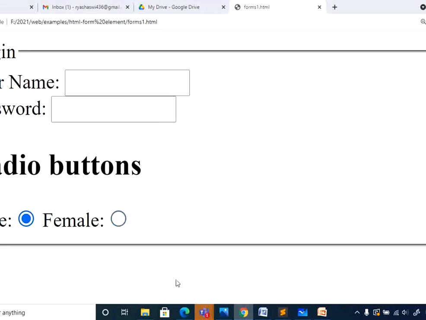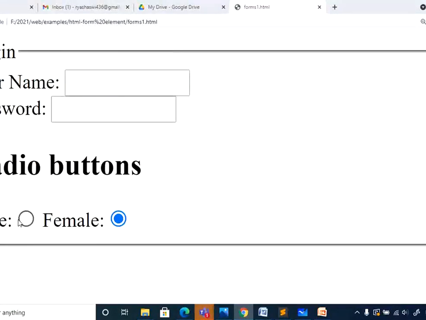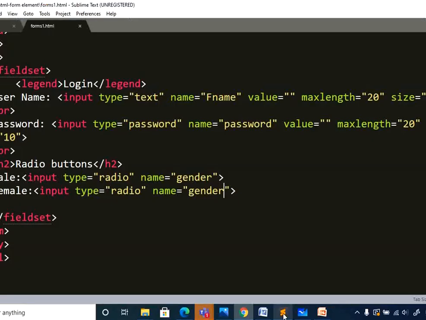I have given both radio buttons, so when you use radio buttons, for the gender of the person you need to select either male or female, not both. In this case, the name of these radio buttons should be the same. In case you give different names, what happens?